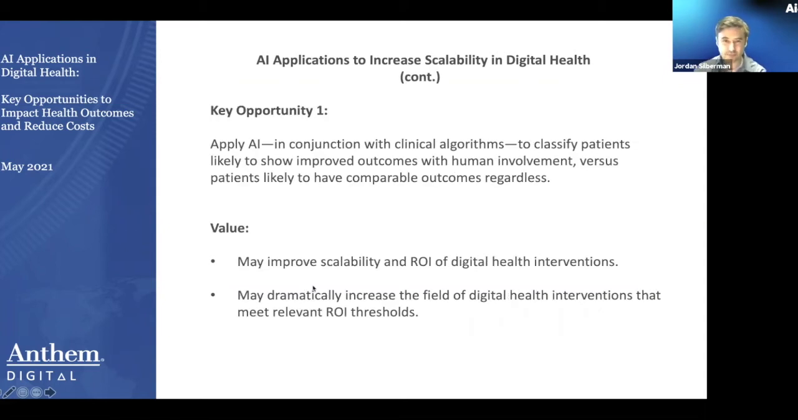So a key opportunity is to be able to classify patients into groups that are likely to show improved outcomes when they have that human involvement, when they have that health coach or that pharmacist or that physician in the loop as part of the digital health intervention, okay? Versus a class of patients who are going to do well with or without having a human in the loop. And the more we are able to do that classification,